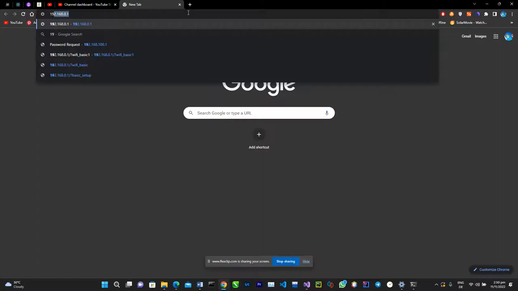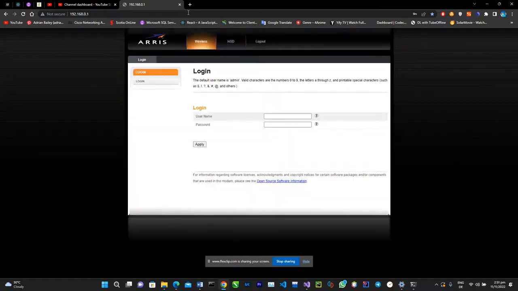All right, so let's pull up my browser. Let's type in the IP address 192.168.0.1. I'll log in. It begins to load. All right, so the default login is admin, password. For some, it might be admin. You just need to look